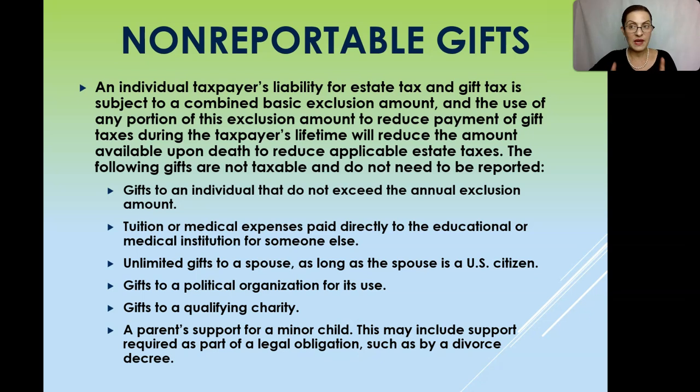However, if the amounts are under the annual exclusion for gifts, that $15,000, that doesn't have to be reported, and that doesn't count against the basic exclusion amount. So you could give $15,000 to all of your family and friends every single year, and you never have to report it. That's not a taxable gift, and it won't count against your basic exclusion amount for your estate when